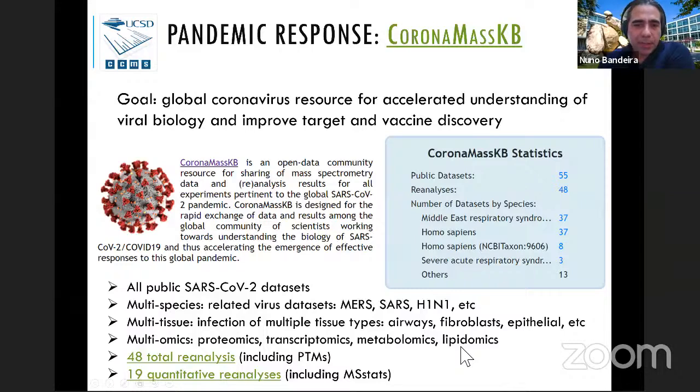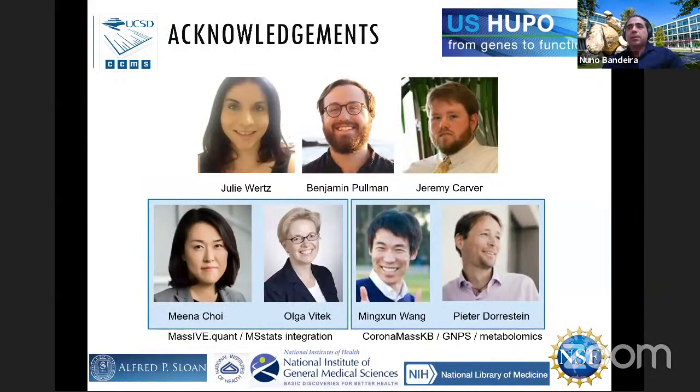There's also metabolomics and lipidomics data included in this Corona MassKB resource, with reanalysis including PTMs and IDs, but most importantly in the context here today, also quantitative reanalysis, including MSstats results that are now available and can be accessed through either system. You can access it through the Corona MassKB resource, or you can access it through the Massive Quant resource. So with that, I'll just stop here